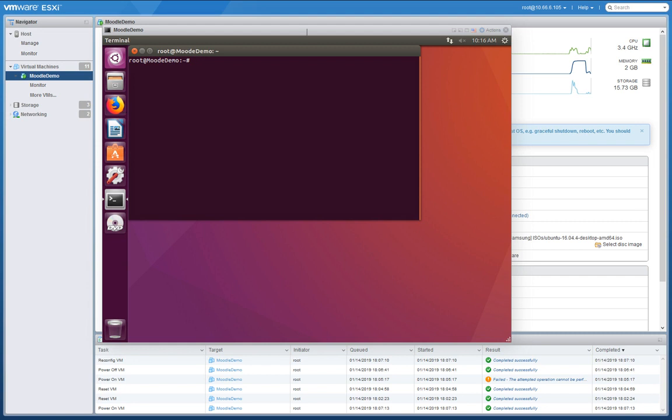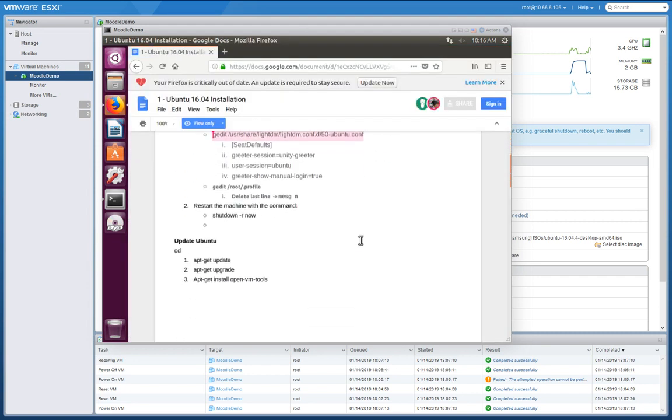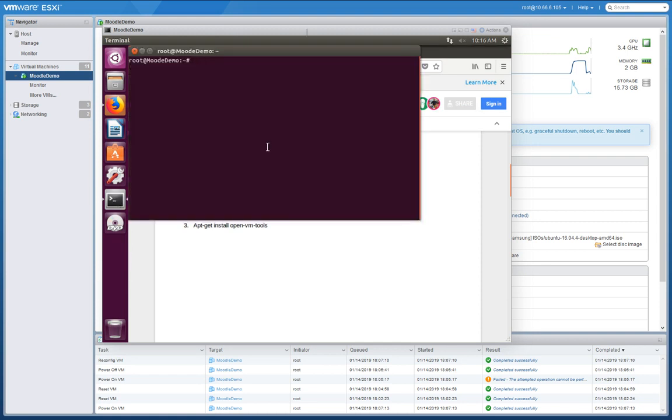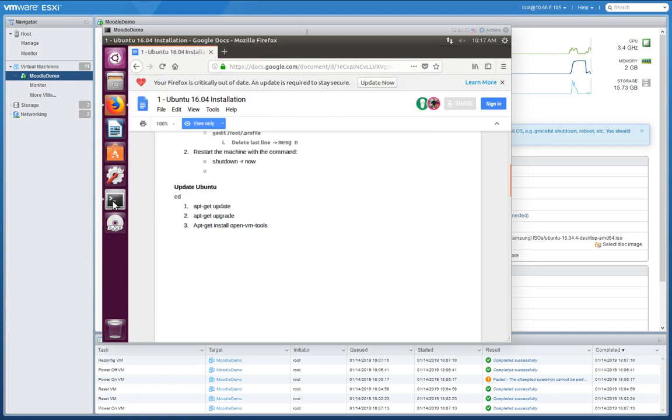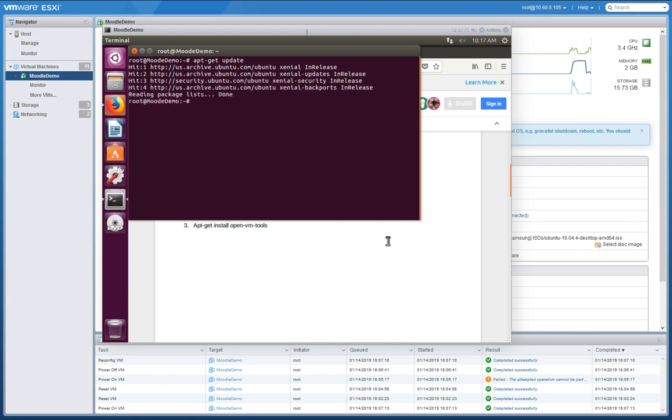And now I'm going to do the rest of those steps. So I'm going to be referring to the document from here on out. We just restarted. So now I'm going to start here, and I'm going to be updating Ubuntu. So I'm going to apt-get, and I can just copy the command right there if I wanted to, apt-get update, which is basically going and saying, hey, go out to the servers and make sure I've got all the current stuff. And then I'm going to do apt-get upgrade, which is going to upgrade,